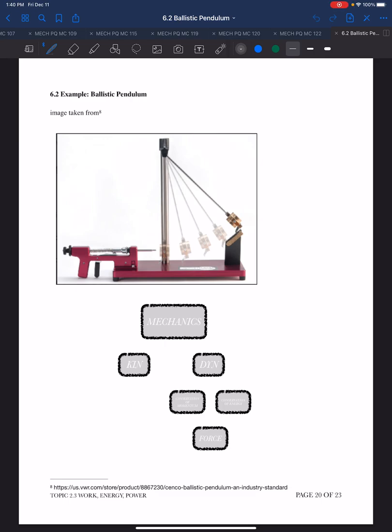So in this installment, we're going to talk about the ballistic pendulum. And you've already watched a video on what a ballistic pendulum is and the basic operation of it. And so I've got a composite image here of a ballistic pendulum in operation. Let me first situate you in terms of where we are and the thinking we're going to employ in looking